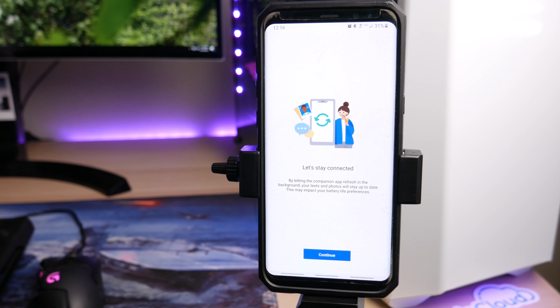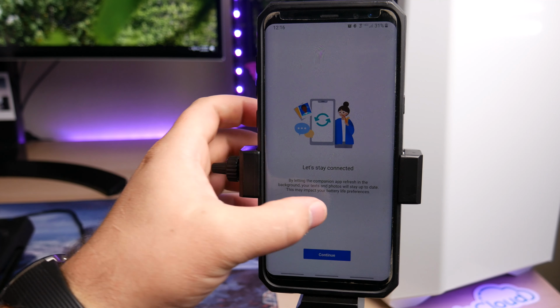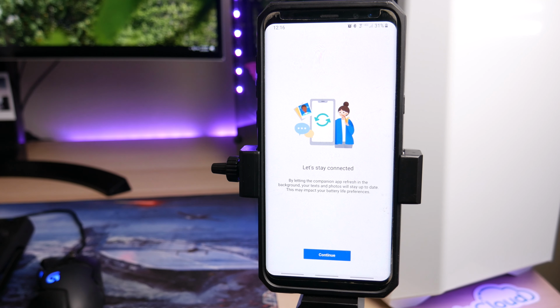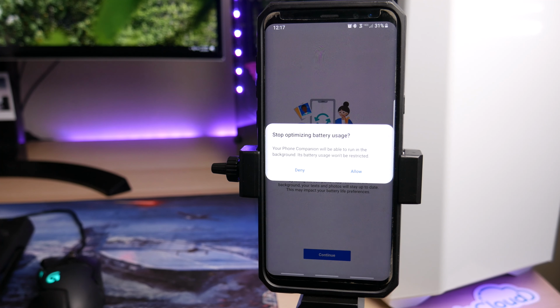So you're going to want to click allow on that one as well. Now it says, let's stay connected by letting the companion app refresh in the background. Your text and photos will stay up to date. This may impact your battery life preferences. So now, because this app does run in the background, your battery life might be impacted, which is what it's saying here. As soon as you go ahead and click on continue,